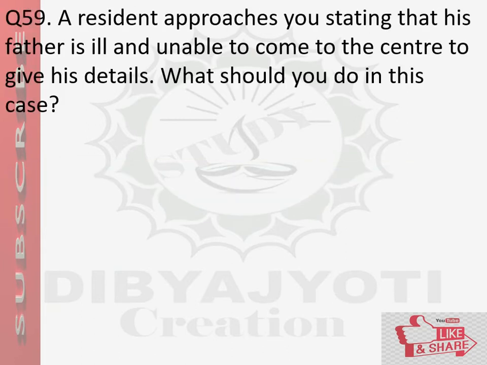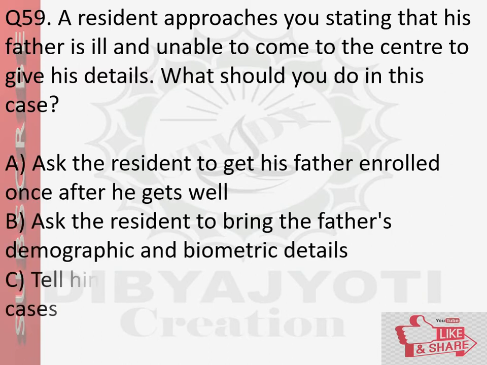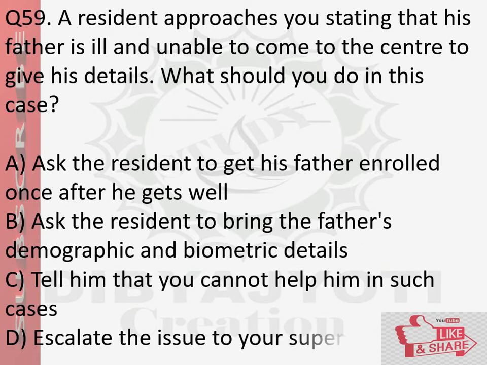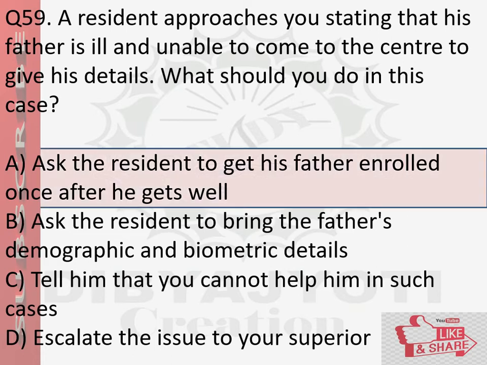Next, a resident approaches you stating that his father is ill and unable to come to the center to give his details. What should you do in this case? Options are option A, ask the resident to get his father enrolled once he gets well. Option B, ask the resident to bring the father's demographic and biometric details. Option C, tell him that you cannot help him in such a case. Option D, escalate the issue to your superior. And the answer is: ask the resident to get his father enrolled once